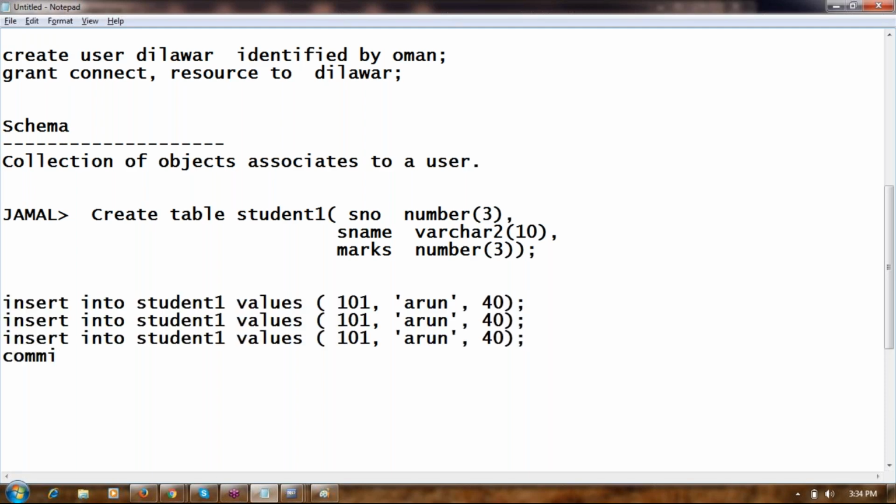He wants to insert the records permanently, so I use the command called commit. Now when Jamal runs select star from student1, obviously you get those 3 rows.